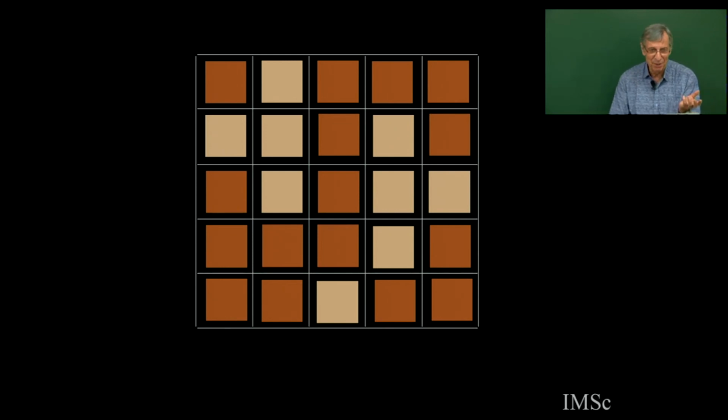And I claim that if I look carefully at the characterization of alternating sign matrices, what is the characterization of the complement of the trivial configuration, the Bernoulli configuration associated to the alternating sign matrices? In yellow, you have the alternating sign matrices. Here, in brown, I have the complement.